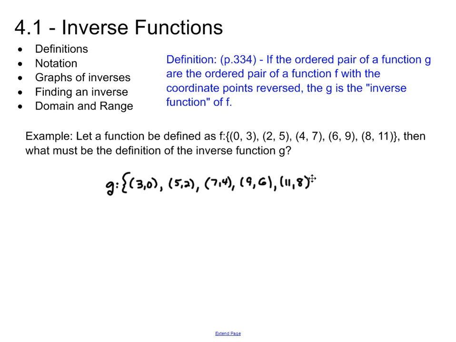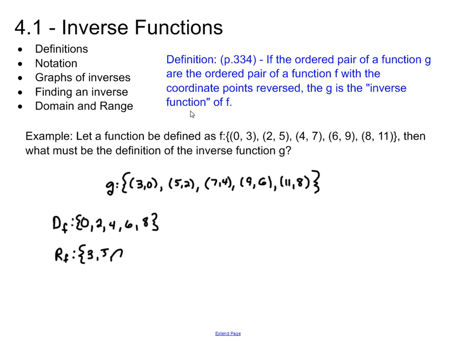Okay. Now this should also give us a little bit of information about domain and range. We can actually address this a little bit. What is the domain of f? Well, the domain of f is the set of all the x values in our ordered pairs. So for f, the domain was 0, 2, 4, 6, and 8. And the range of function f was 3, 5,